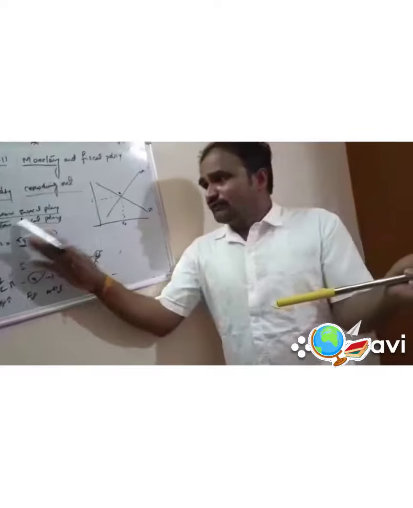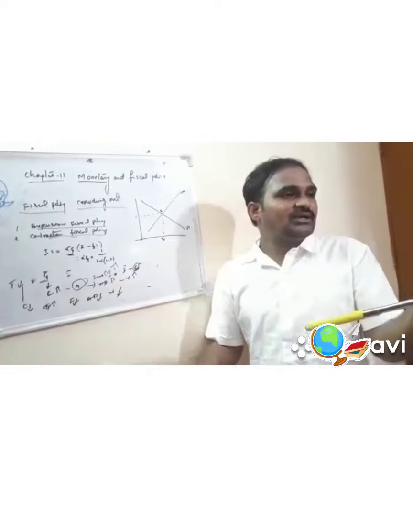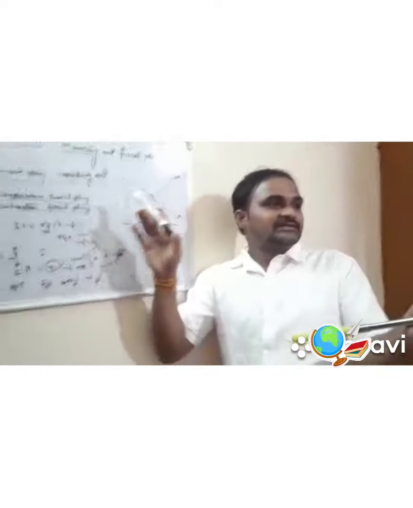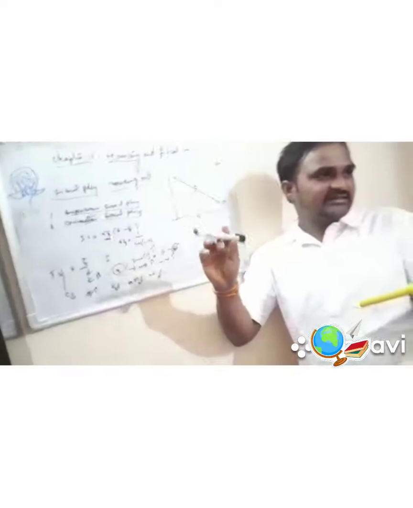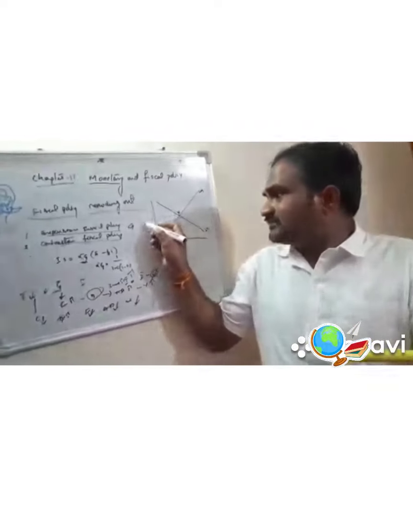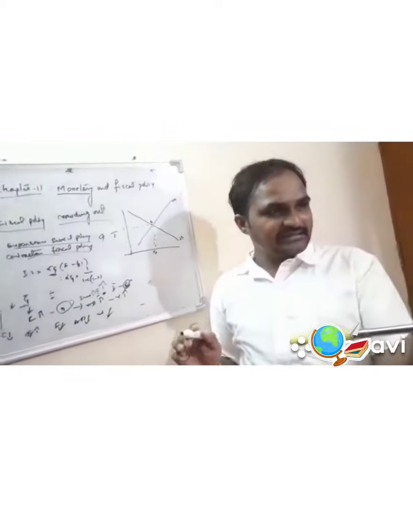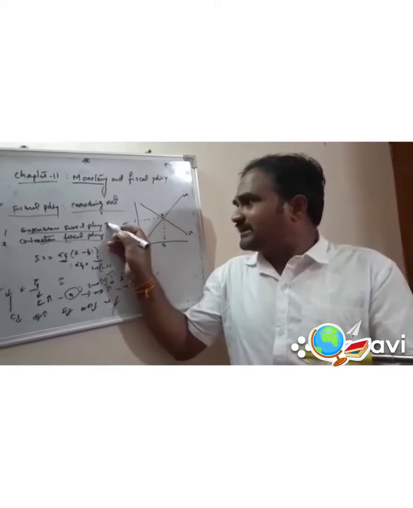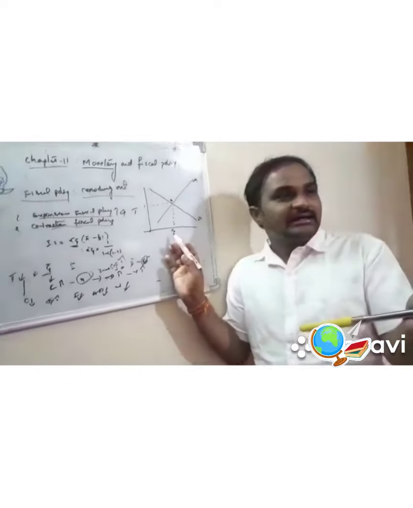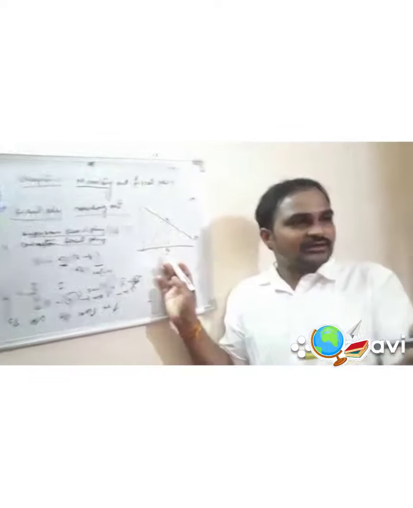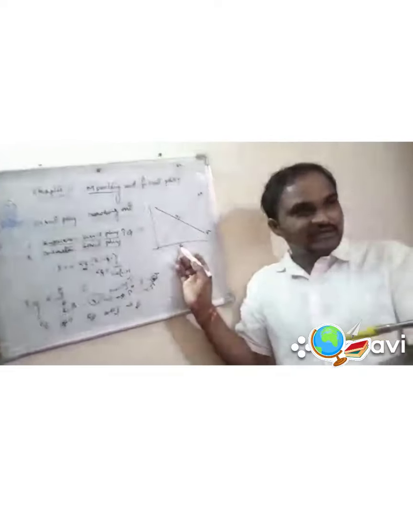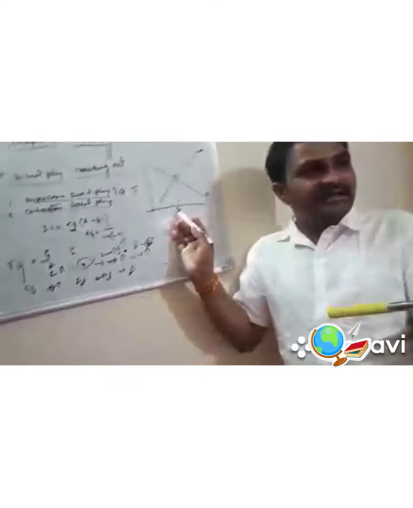Look, if the government increases, what is the policy? Fiscal policy. Fiscal policy is related to government expenditure and tax rates. Sometimes the government increases the expenditure and sometimes the tax automatically increases or decreases. If the government increases government expenditure, it will lead to an increase in real income, that is, an increase in the real GDP of the public.